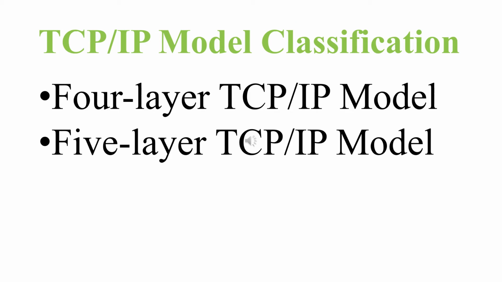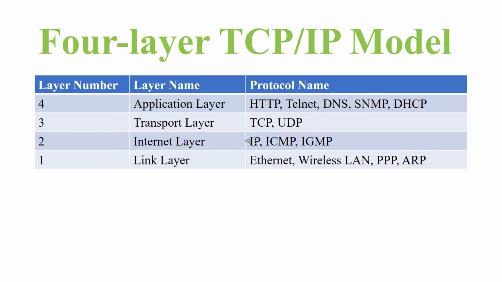In the TCP/IP model, we have two models. First is the old 4-layer model, and second is a new 5-layer model. In the old 4-layer model, we have 4 layers: application layer, transport layer, internet layer, and link layer. Now here is a little twist: the application layer is layer 4 in the TCP/IP 4-layer model. Layer numbers start from the bottom and go up. So the link layer is the first layer, then internet is the second, transport is the third, and application is the